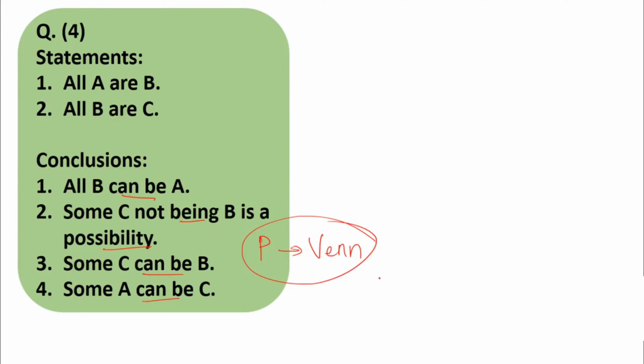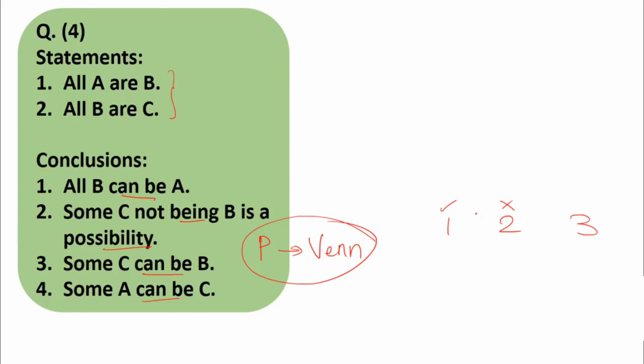Over here what we need to do is just draw all the possible Venn diagrams. Say there are three possible situations. Okay, there are 3 possible Venn diagrams which are correct for the given set of statements. If we can draw the diagram in 3 ways, then we have to find at least one situation where the given conclusion, say conclusion number 1, is true. So here, say in this possible situation, conclusion number 1 is true. Then we have to find one possible situation where the conclusion is false.